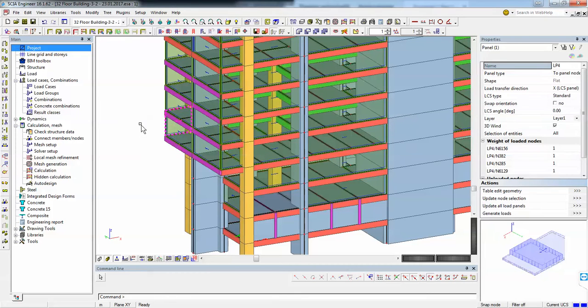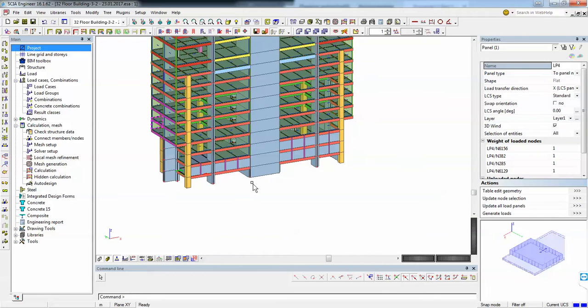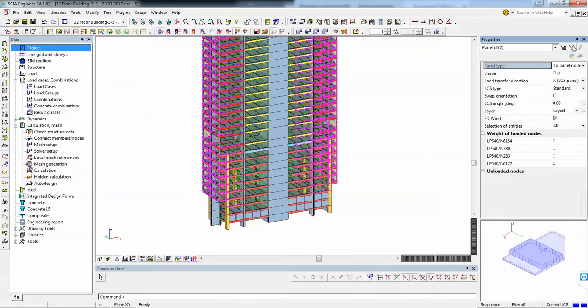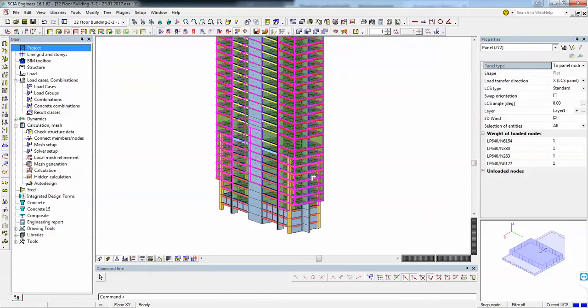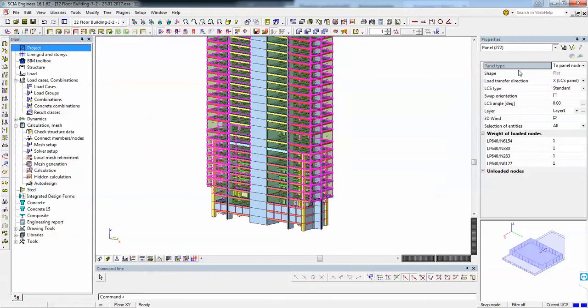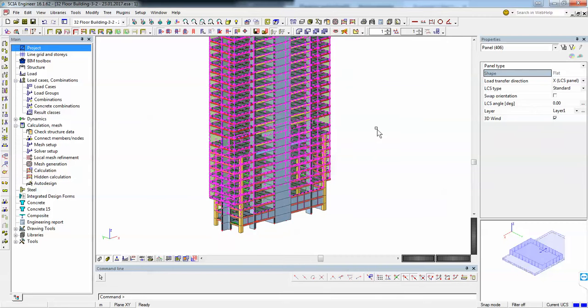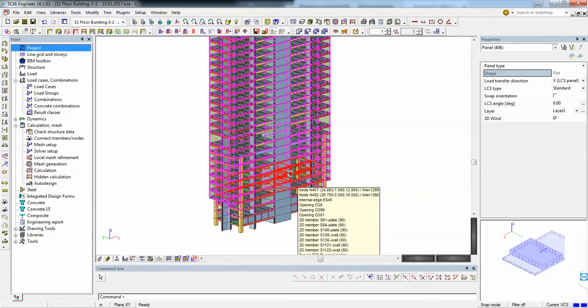Second, we will have to have a look at these panels. In order to be able to generate the 3D wind, all panels that will support the wind load need to have this 3D wind option. So I will select all your panels, and I see only a few have this option. So let me see, flat. I will select all the panels here, and I will isolate them, activity by selection.